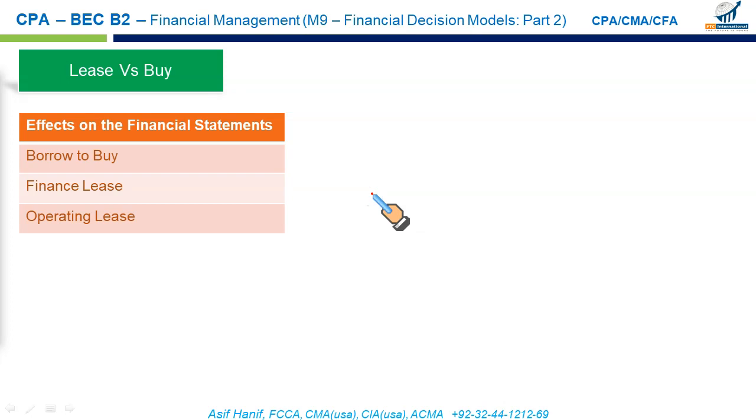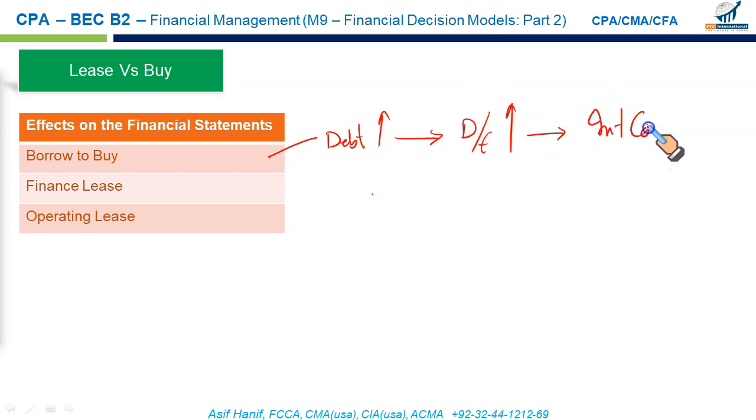Now here are some impacts on financial statements of lease versus buy or borrow funds and acquire the asset. Let us discuss these briefly. When you borrow to buy, in that case, what will happen? Your debt will go up. Since your debt is going up, it will increase your debt to equity ratio, which is a measure of leverage, and it will also lower your interest coverage. More debt means more leverage, and more interest payment means that your interest coverage ratio, which is also called the times interest earned, will fall. Of course, it's not viewed favorably by the investors, right?